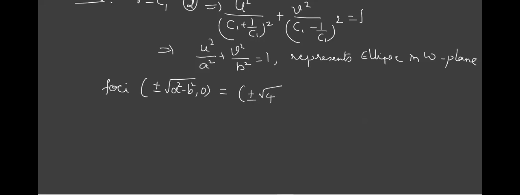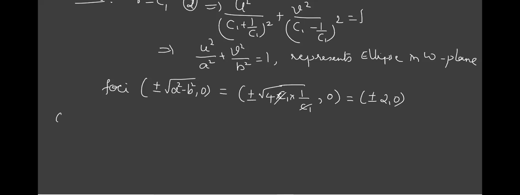This is of the form (r plus 1 by r) squared minus (r minus 1 by r) squared. So you write it like this: 4 c1 into 1 by c1, 4ab remains, comma 0. So this will be cancelled. What is root of 4? Plus or minus 2. So when you take a circle in the Z plane, it is mapped onto an ellipse.